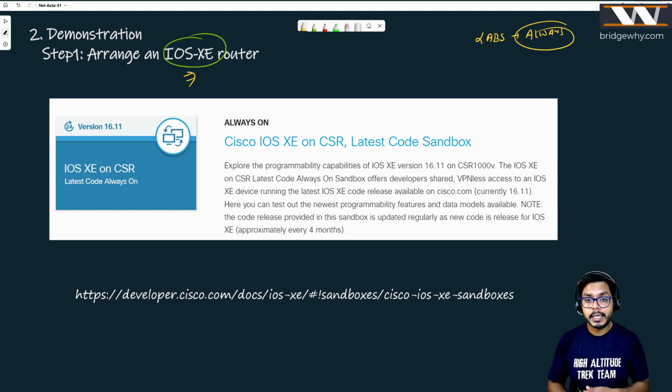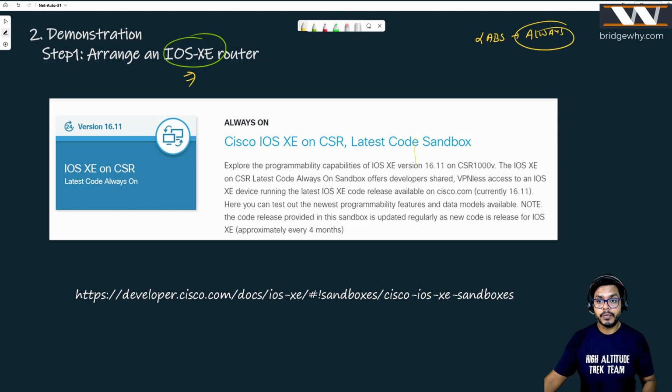And how can everybody test it if they do not have the image of the latest Cisco software, which supports network programming, which supports NETCONF or RESTCONF, right? And that is why Cisco has a few labs which are always up and running. Anybody, without any VPN connection, if you have just internet connectivity, I will be showcasing you the same thing, right? If you have internet connectivity, you can get to those routers which are there for you